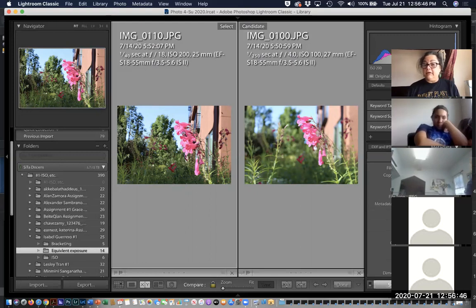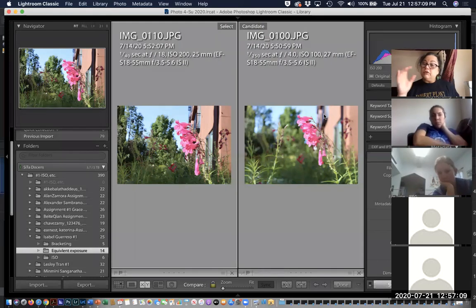The point of focus, the flowers, is in focus, and the background is in pretty sharp focus as well. Whereas in the image on the right, where a large aperture was used, f/4, the point of focus is still in focus, hopefully, but the background has fallen out of focus because, again, a large aperture gives us